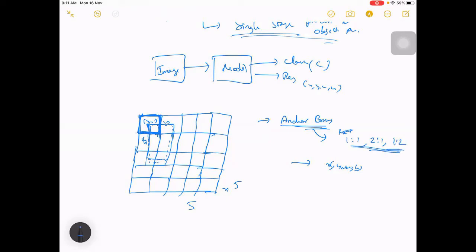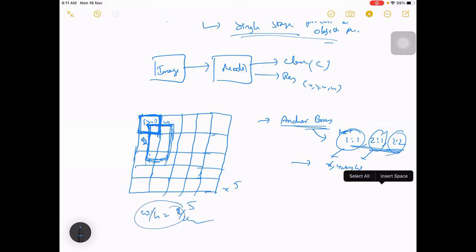Here it means you have three boxes, and each anchor box means one box you will be getting. So in a ratio of 1:1, here it is 2:1, so mostly this is two times, this is one times. For 1:2, the w by h ratio is 1/2, so it is a 1:2 kind of box.